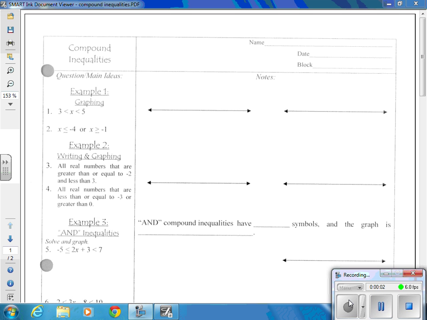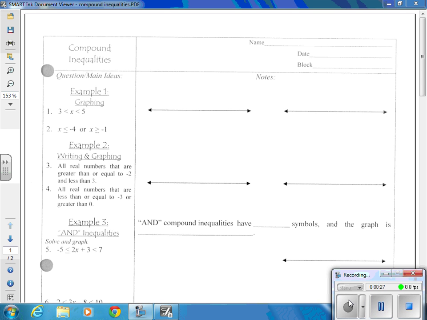Right, the notes you are getting ready to take and complete on your own are regarding something called compound inequalities. Just like in English, a compound sentence is combined by a conjunction like and, or, but, those sort of things. In algebra, inequalities are joined by only two conjunctions, and that's either the word and or the word or. Right? So the graphs for each one will look a little different, as well as the actual writing of the